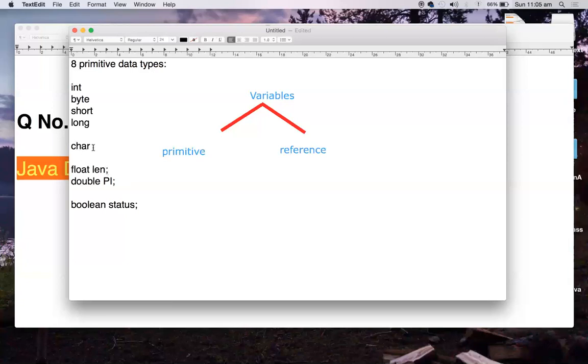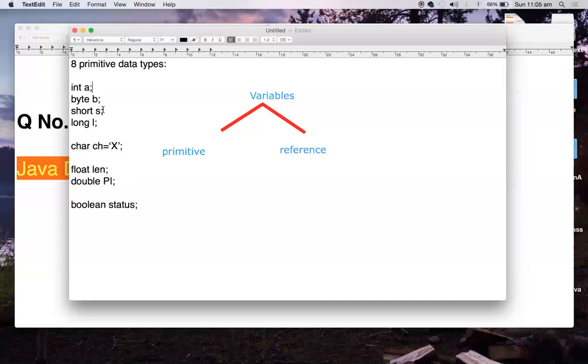In the same fashion, char ch equals, any character is represented in single quotes, let's say 'x'. This is how we declare a primitive variable with the char type. And we have long l, short s, byte b, and integer a.